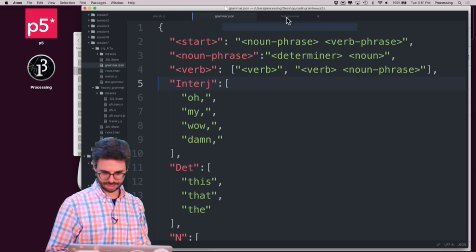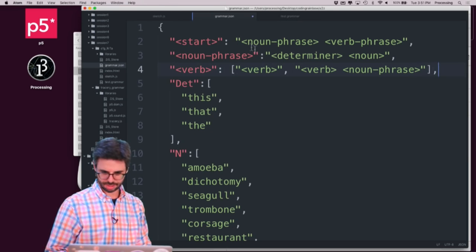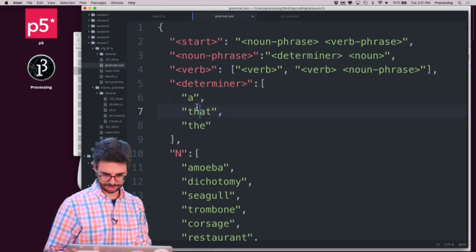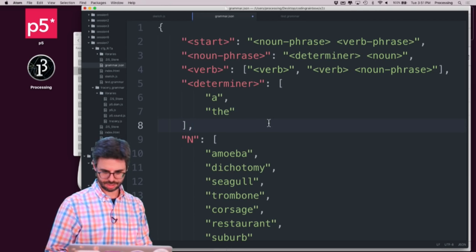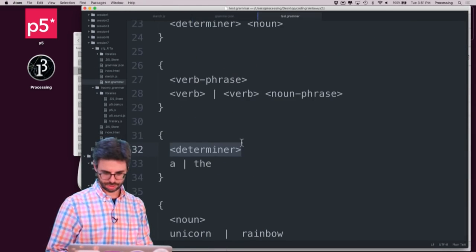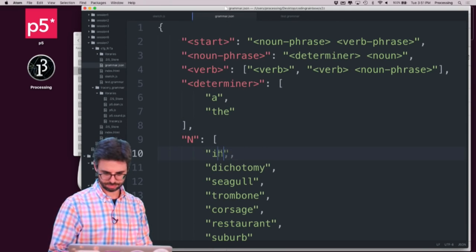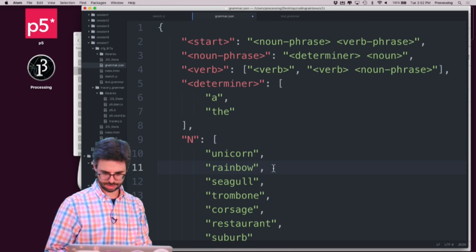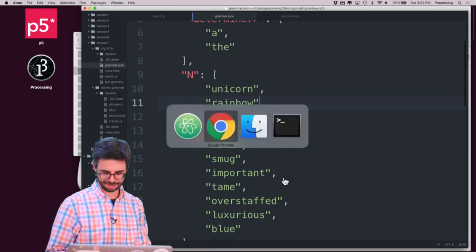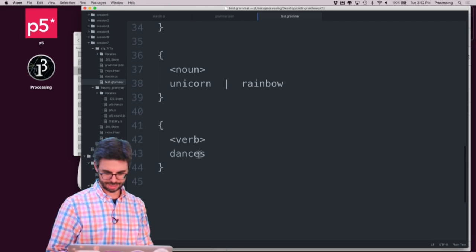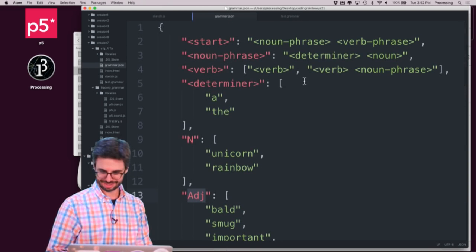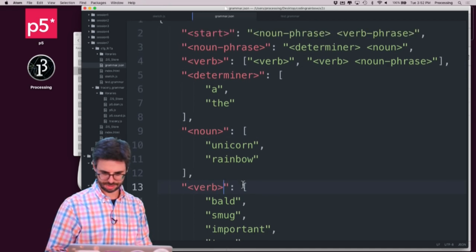And then determiner is a or the. I've got that. I'm just going to change that to a or the. And then noun, unicorn, or rainbow. Rainbow. You guys are very patient to be watching this. Hopefully you're all doing something else right now. And then verb, dances. Whoops. Whoops. This is just noun, verb, and